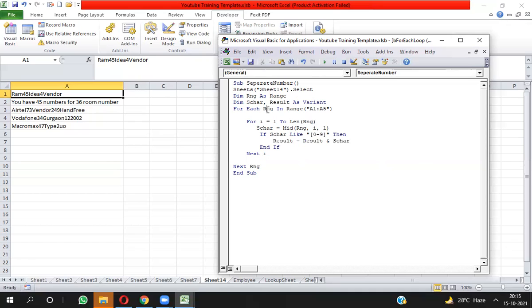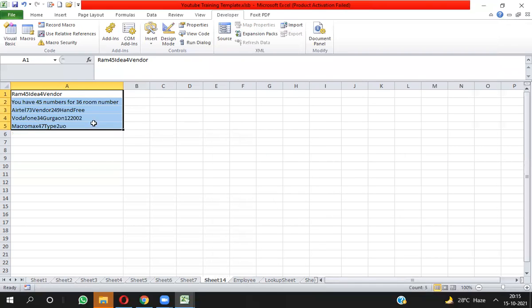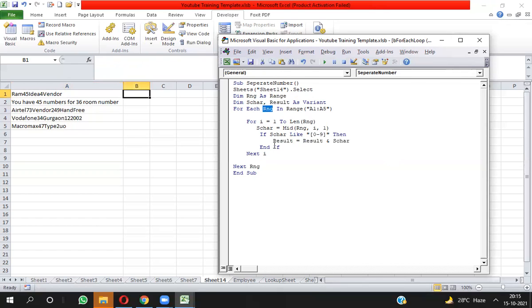So this is the RNG which is reading this value, then you have to move one offset, so you take RNG.Offset(0,1) equal to result. After placing all the numbers into the B column, you have to reset this result value, so write result equal to blank.